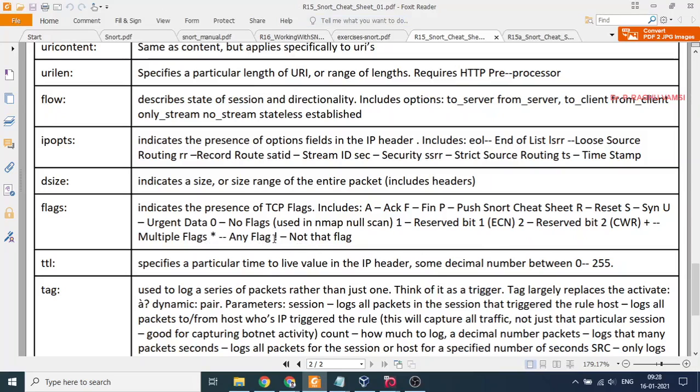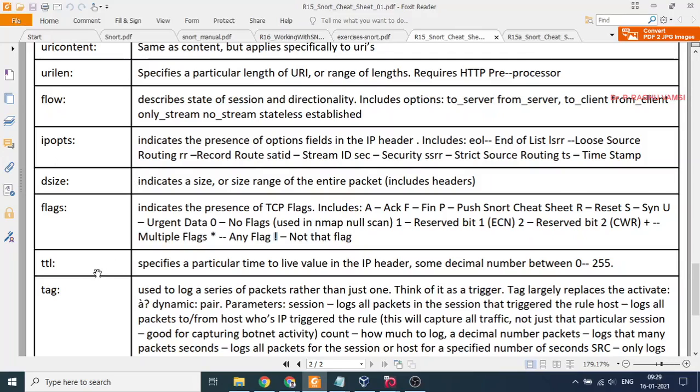Remember, whenever you mention the exclamation mark, it is to indicate the not symbol. That means not of the next one, anything. That means you want to allow only one or two IP addresses, not every address. So you mention the addresses that you want, and indicate a not symbol before it, so that you can exclude only those two IP addresses. Remaining other IP address related data or traffic can be allowed. So this is the way the not symbol will be used in